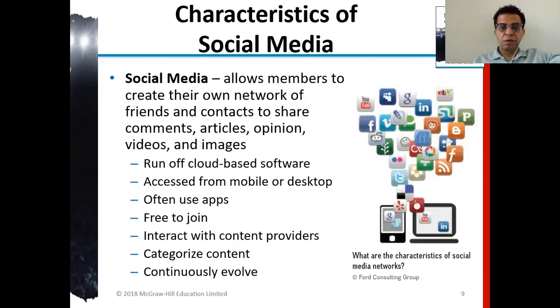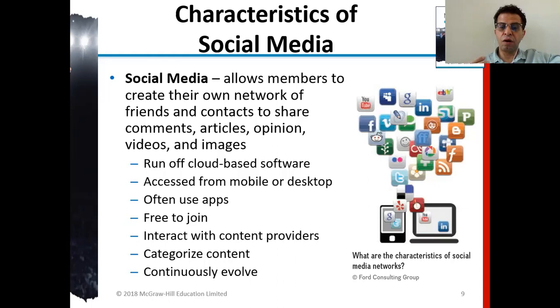Now, the characteristics of social media. What is social media? Social media allows members to create their own network of friends and contacts to share comments, articles, opinions, videos, and images. So what are the characteristics of a social media network?